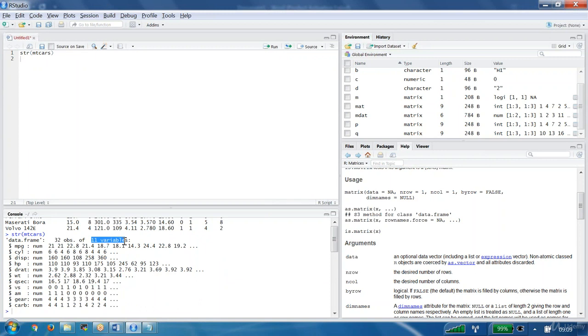So variable is nothing but, in our R language or statistical language, column name is called what? Variable. In statistical language, row is called what? Observation. In regular relational databases, whatever we call a column is called your variable, and whatever we call a row is called your observation. Here gender is a categorical variable. We have only two categories. One is the male category, the other is the female category.